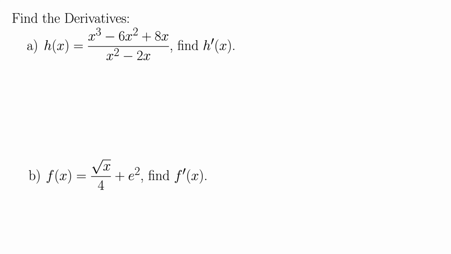Here we're asked to find a couple of derivatives. For part A, we have h of x equals the quantity x cubed minus 6x squared plus 8x all over x squared minus 2x, and we're asked to find h prime of x, which is another way of writing the derivative. Okay, well, we still don't have a rule for division when it comes to derivatives, and even if we